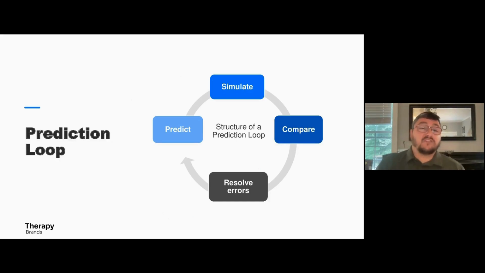So there's something called a prediction loop. And so essentially, again, this is prediction, right? What the body is doing is it has this whole big concept that includes all of your senses. It's going to project this concept, predict it, and run a simulation. And the simulation is the whole concept, the whole kit and caboodle, in an effort to predict what's going to happen, right?